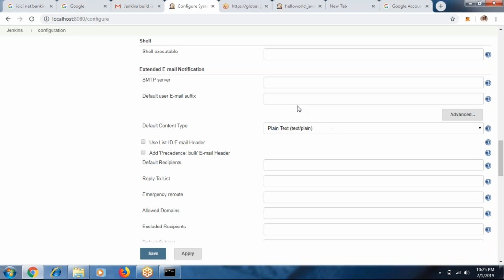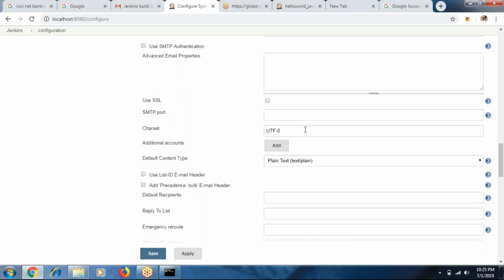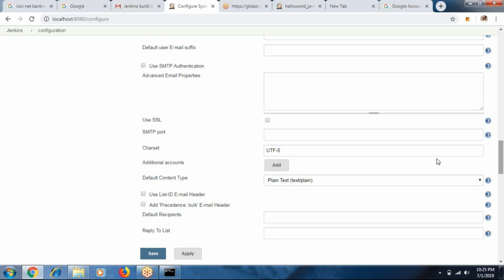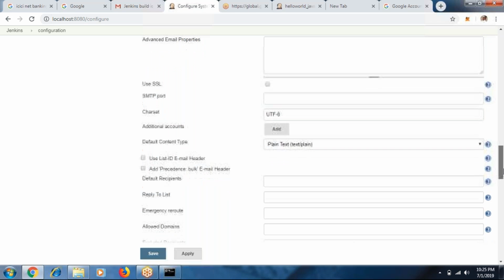Just use the same SMTP server suffix and go to the Advanced tab again. Click the SSL configuration Advanced. Click the Advanced, there only. Now we need to give the SMTP, use SMTP authentication. Okay, and use SSL. It will ask for the SSL port number also, 465, same. Okay, and then come down a little bit, and this is right.